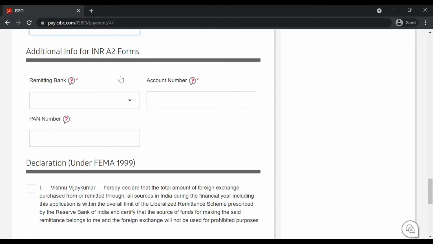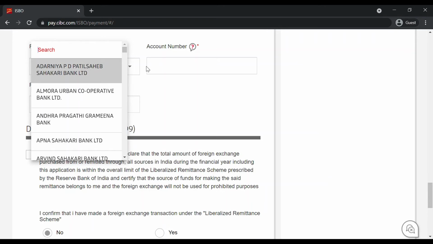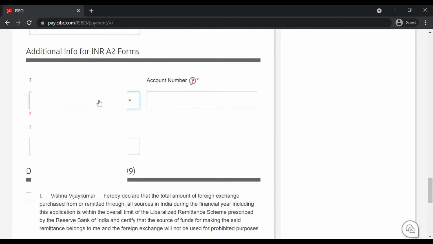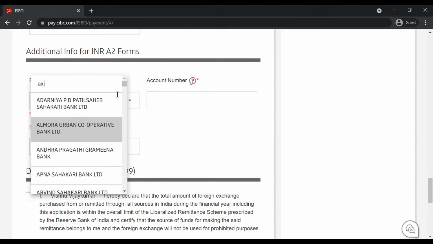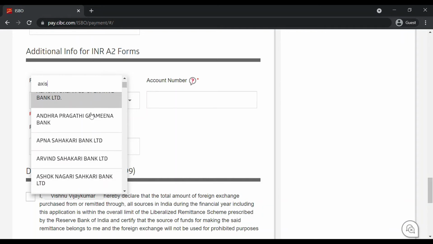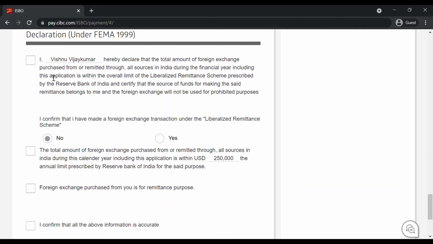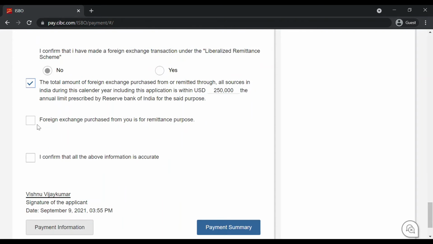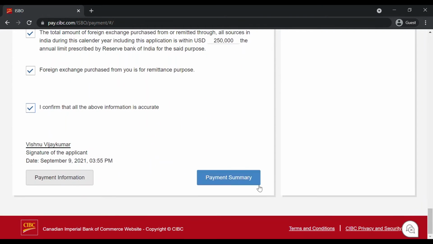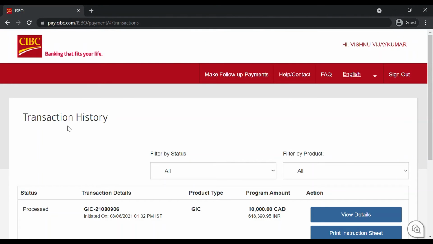And additional information, remitting bank and account number. This will be the bank from which you will be sending the money. So I'll be making the payment through Axis Bank, and I will choose that, and I'll give my account number and my PAN number. And then click on all the declarations, and then click on payment summary. So once you have verified all the payment summary, and once you click on submit, you can then